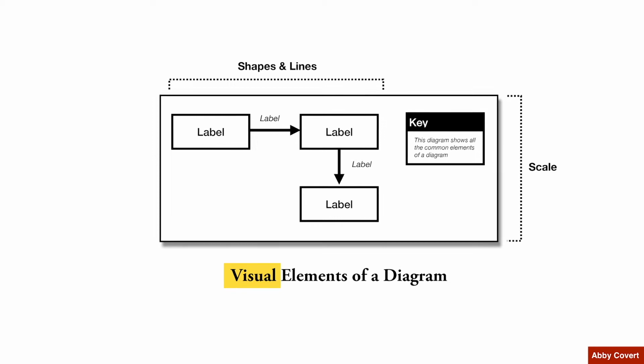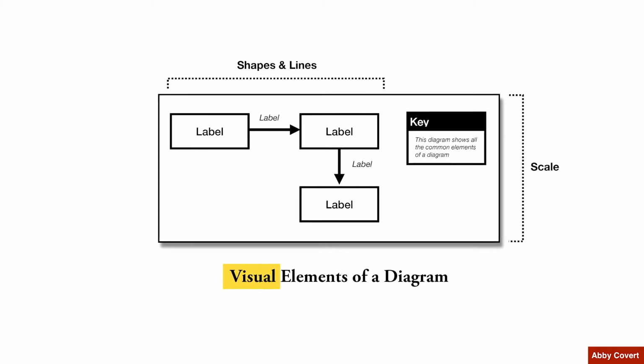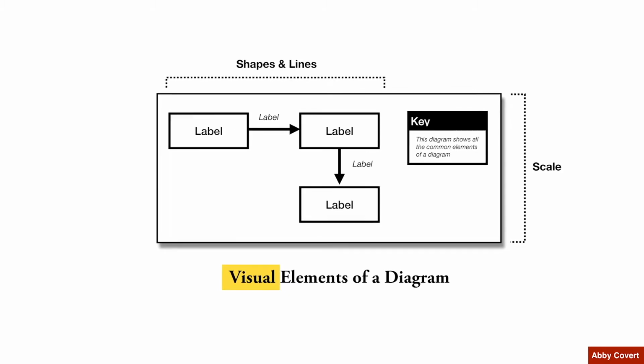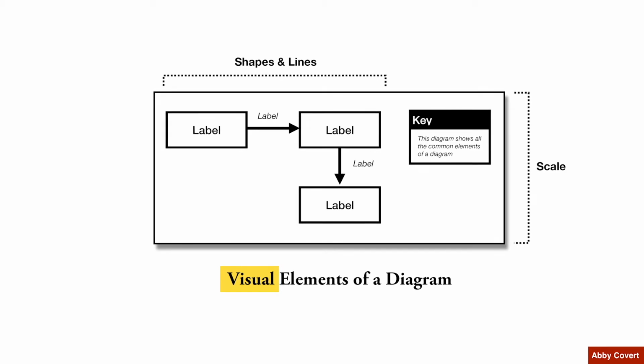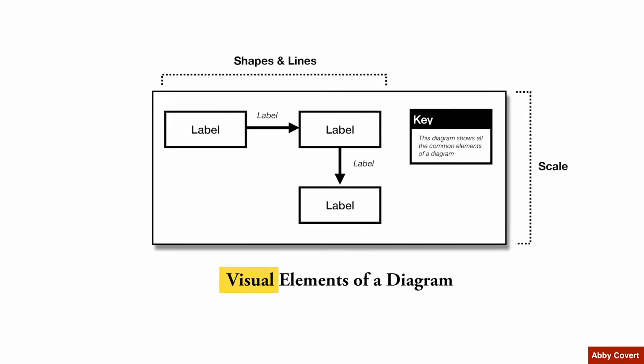Let's start by breaking down the 5 elements that make up every diagram. Whether it's a map, a chart, a flow, or any number of words used to describe types of diagrams, all have the following 5 elements in common: scale, shapes, lines, labels, and a key. Now, this list of 5 elements are what I'm calling the visual elements of the diagram because they are what the user actually sees. But I assure you that there is much more to diagramming than what meets the eye,